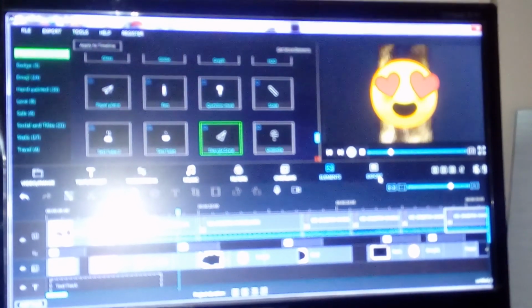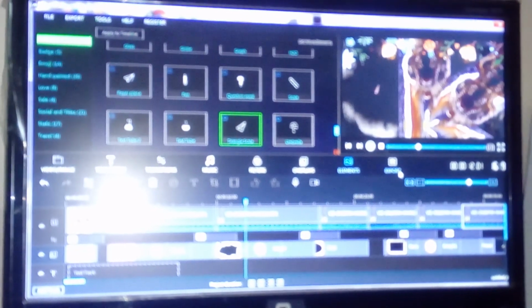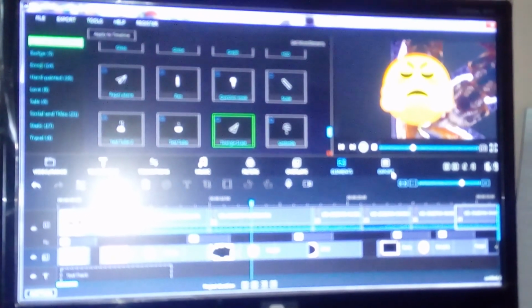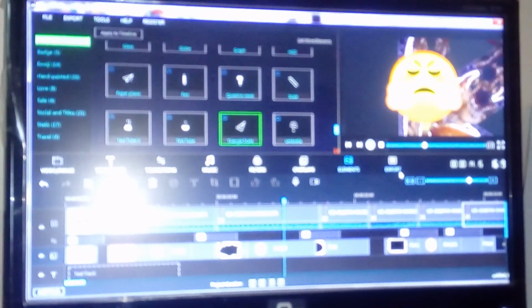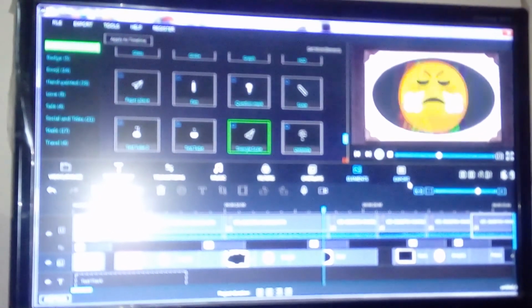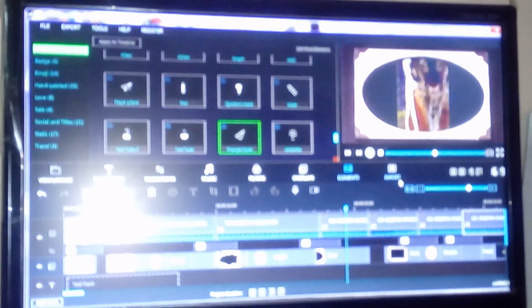Now it is the effect that you can apply on the running movie. It is a transition effect, it is an overlay effect. Now it is the element, the tiger in a very angry mood. Now next it is the effect of the overlay concept.